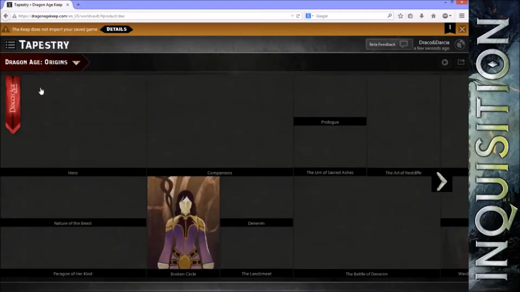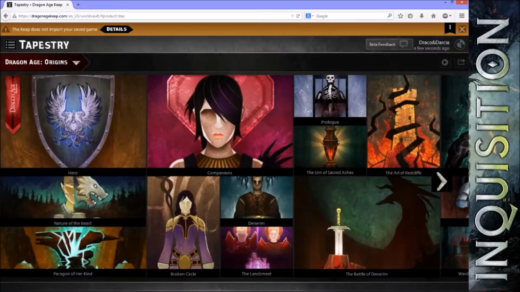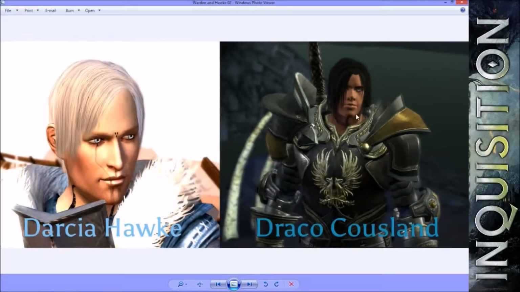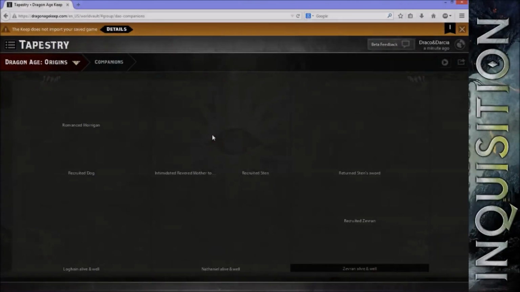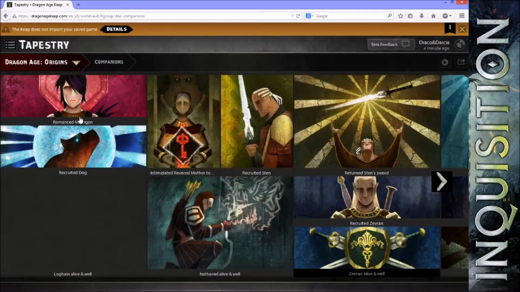Let me see if I can show you guys more of a picture. This is my Cousland over here. Draco Cousland, all modded up, looking all nice and handsome there. And of course that's Hawke, my Hawke over here, which I'll get to later. He romanced Morrigan